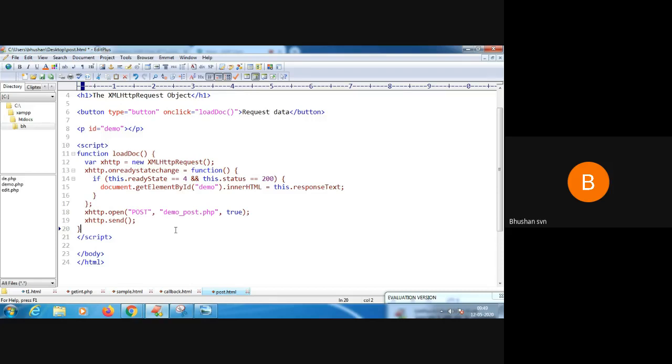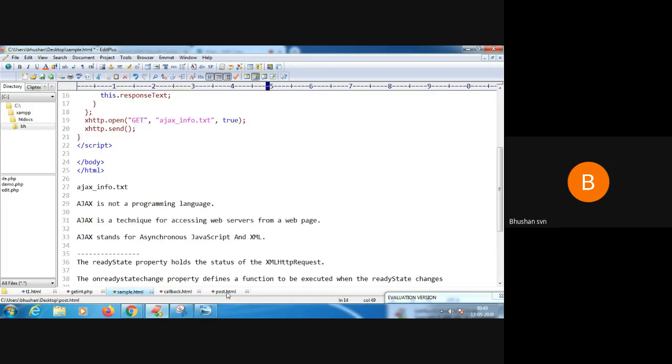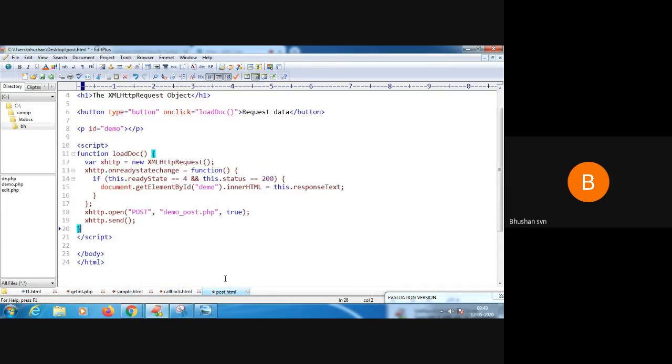In the previous two examples, in the callback.html and sample.html files, we have not used any kind of server-side file. We have used only a simple .txt file and executed it. But here we are actually calling a server-side script called PHP. The same program you just replace with the get method and you can see the output. Of course, you are going to get the same kind of output. The only thing is the URL will change, you know, the typical functionality of using the get method and the post method.